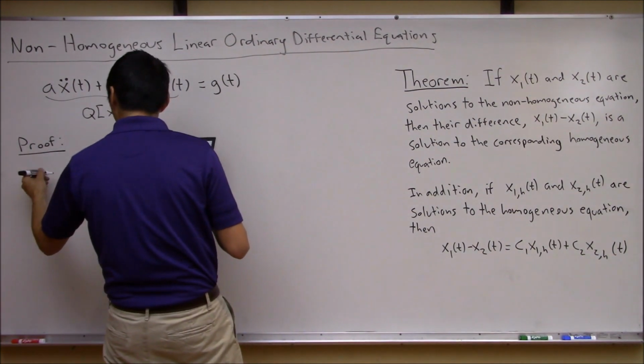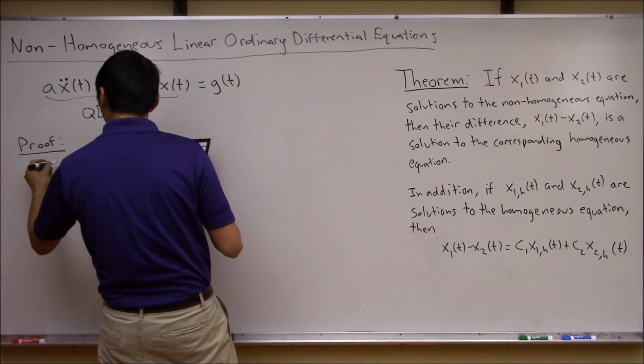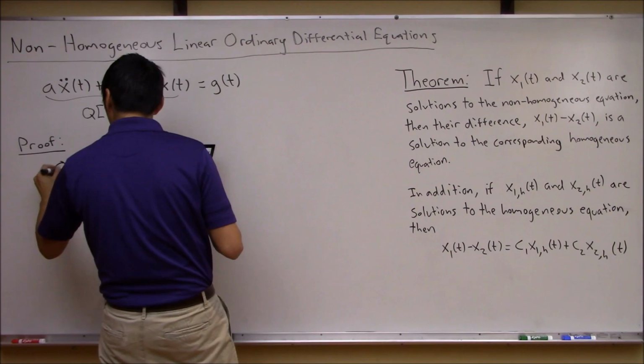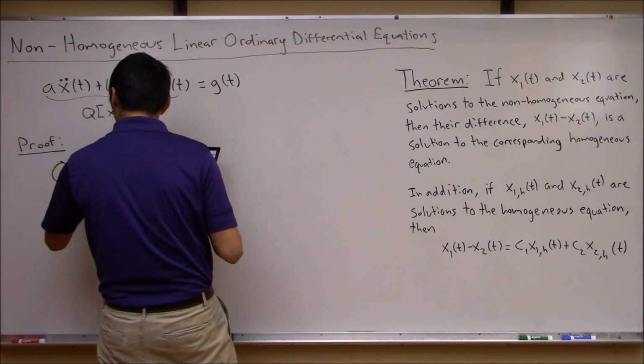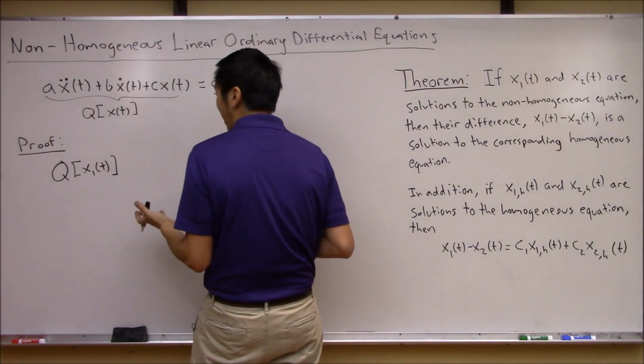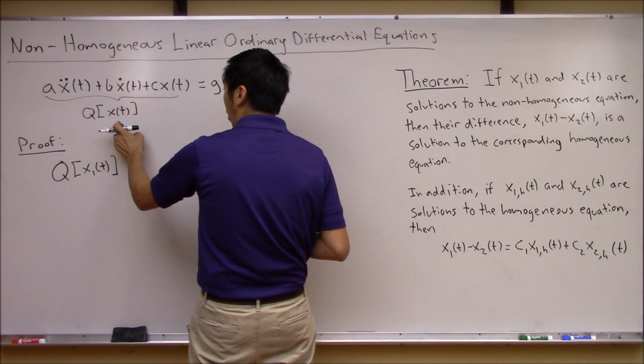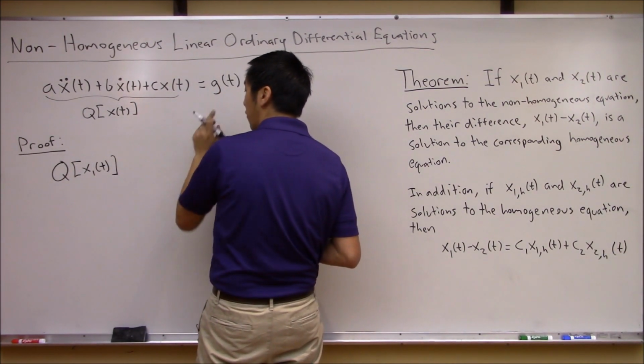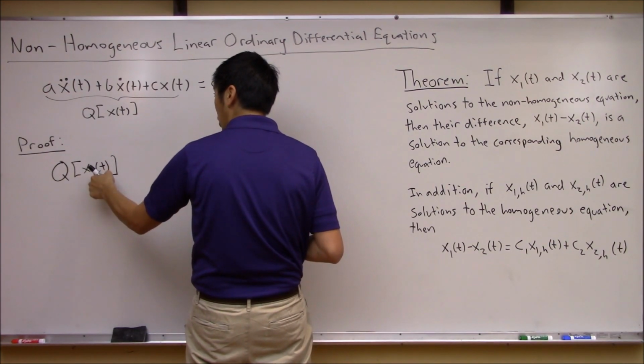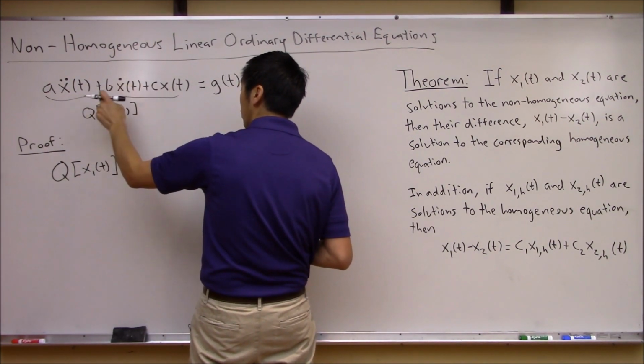Okay, so if that's true, then in order for it to be a solution, Q of x1 of t, what has that got to be? Well, it's got to be equal to g of t. If it is actually a solution, if it solves this non-homogeneous equation, it means